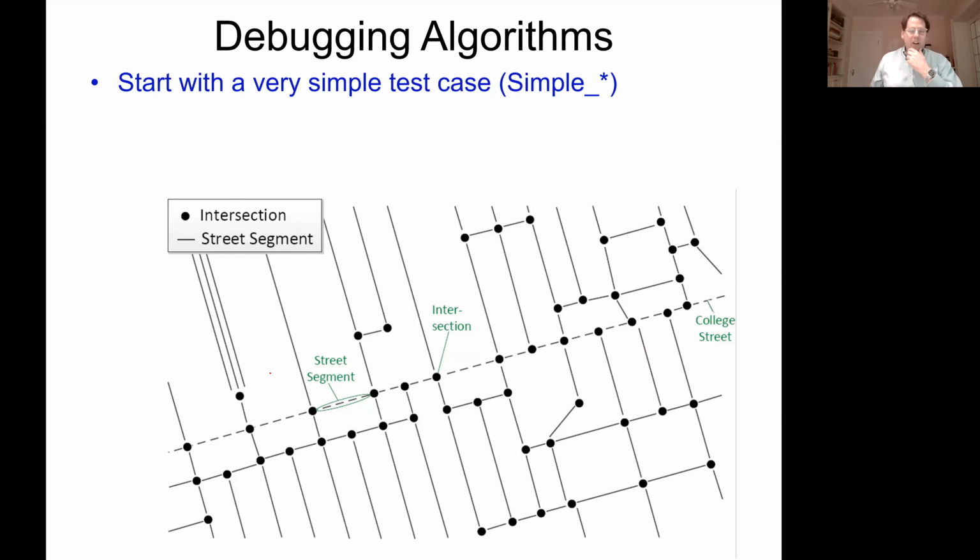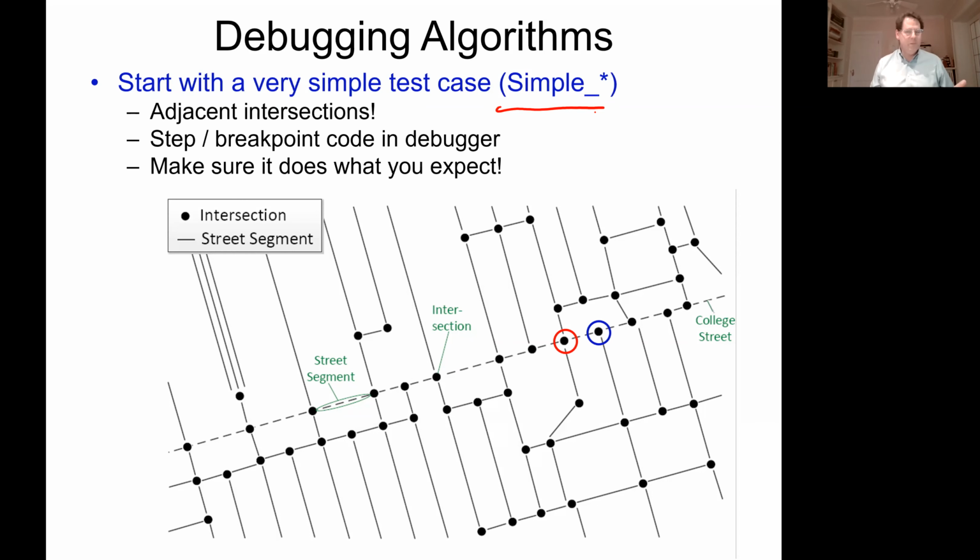When you're debugging algorithms, you want to start with a really simple test case. So those are basically the simple tests. Their name has simple in their name. And some of those have intersections that are right beside each other. So those ones you can actually just watch execute in the debugger. So you put a breakpoint in the debugger, you watch exactly what happens, you make sure it does what you